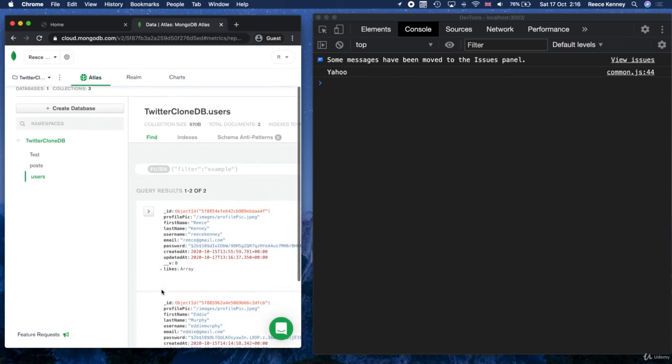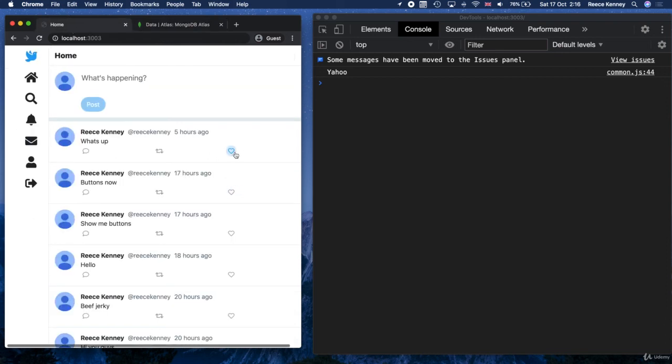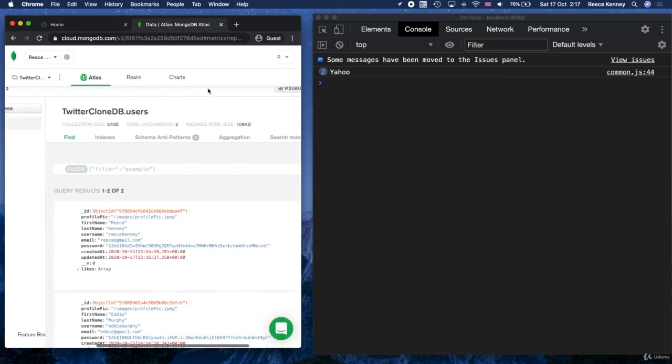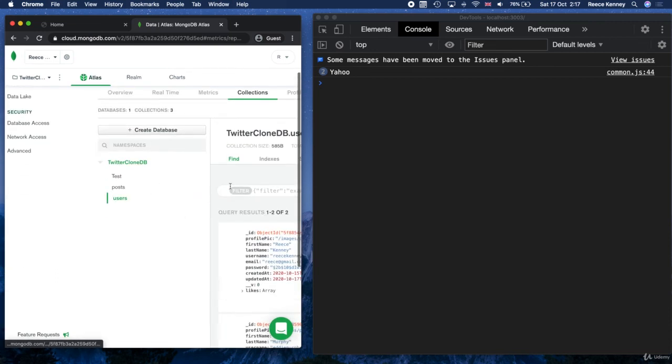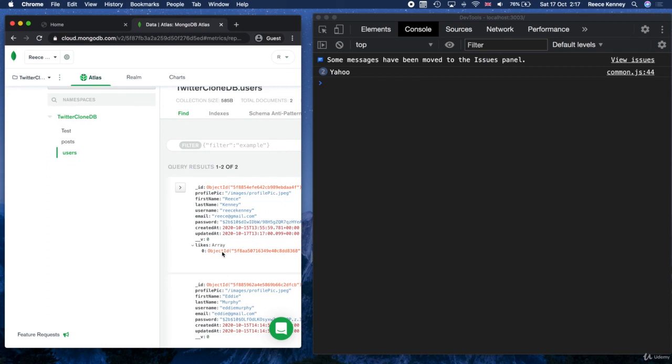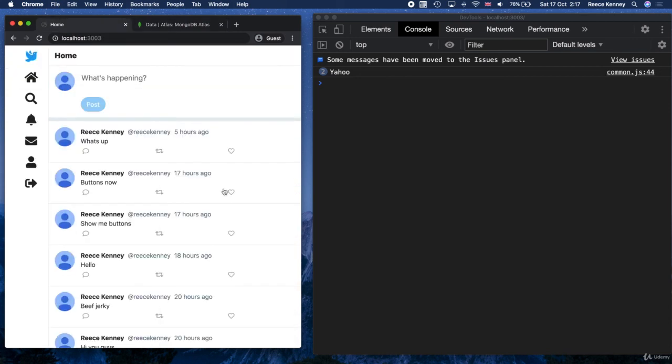And we don't. The likes property is still there, but there is no value inside of it for that user. Okay, so we know it worked. And just to take it a step further, if I just like this, we should see it back in there. And we do. It's right there. So now, when we click the like button, based on whether the like has already been submitted or not, we will like or unlike it.